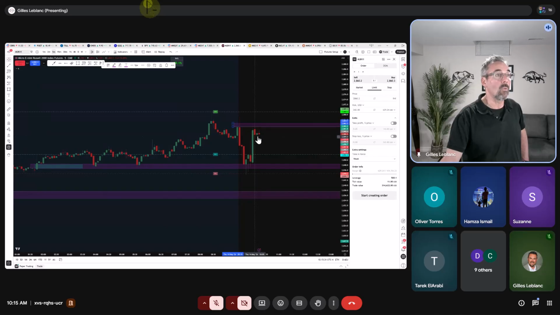I think that once it started, it moved up, rejected this area, possibly moving down, but now that it's hanging out over here, it's going to break either side. But if we are going to move down, I would not be surprised to see it pop up first, then move down. And if it's moving up, the opposite. I wouldn't be surprised to see it pop down below this wick here and then move up.